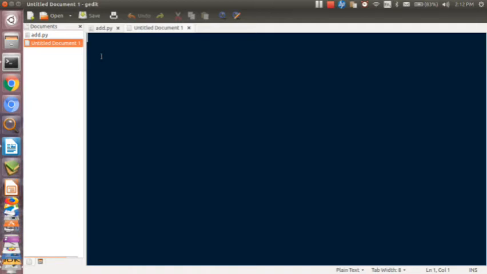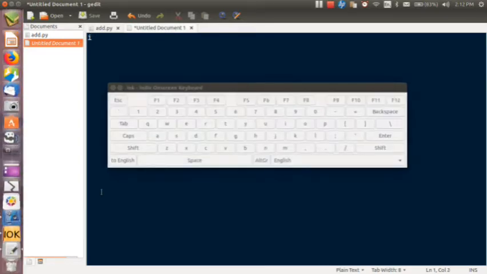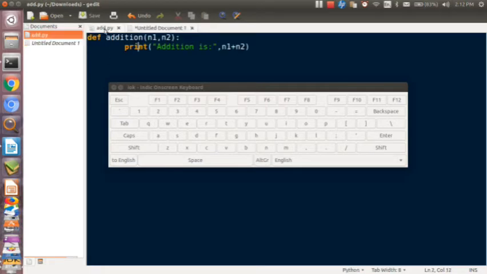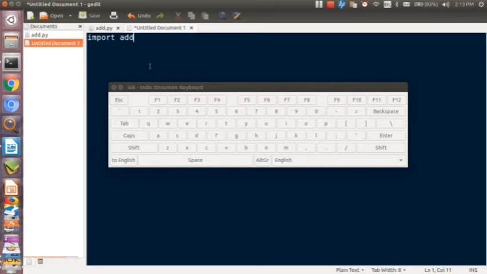For this we have to write the import keyword, followed by the name of the previous file, that is the previous module name. The name is add.py, so we only need to write add; the extension should not be written, and it is followed by a semicolon.